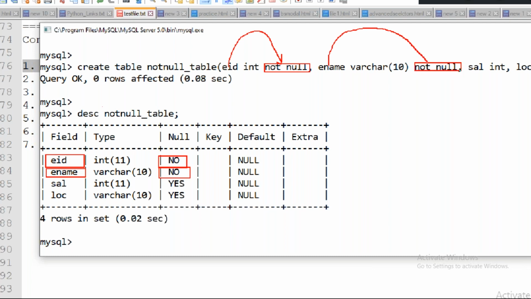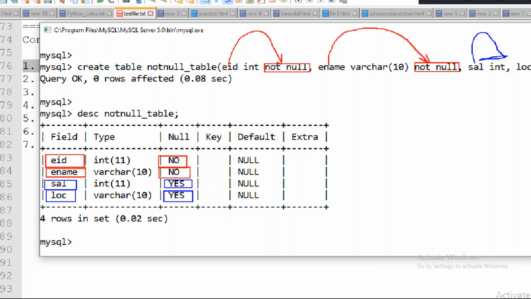For salary, I didn't apply anything about null or not null, that's why yes came. For location also, the same thing. So by default, null is allowed.